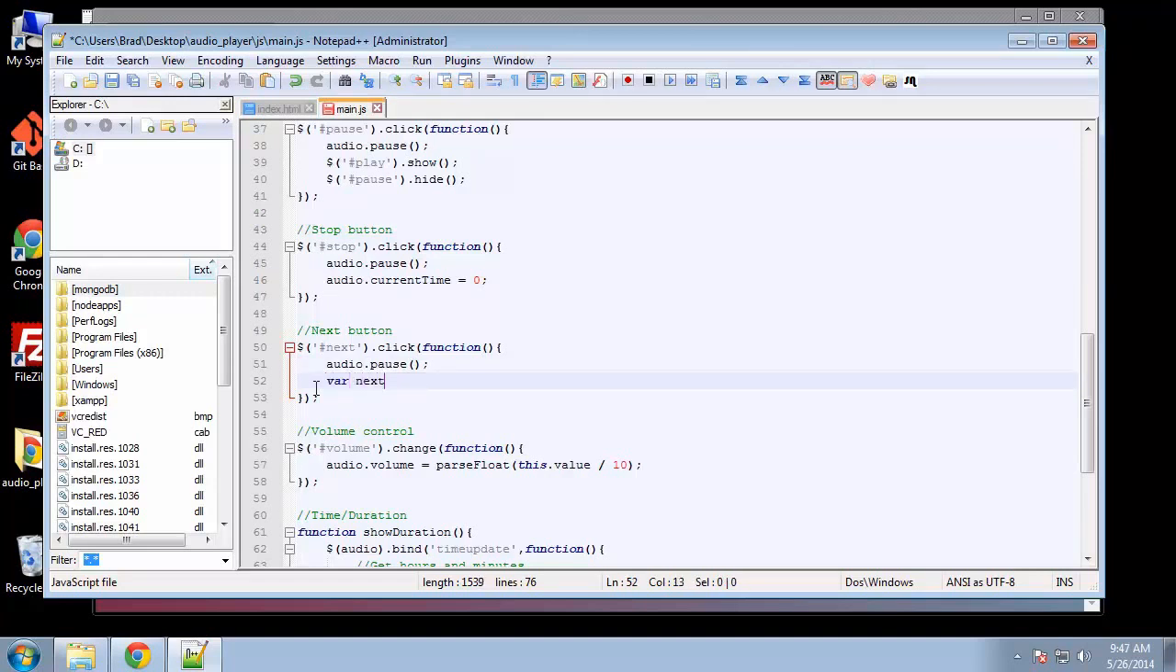We need to create a variable called next. Alright, and that's gonna be equal to jQuery. So in the playlist, we want the list that has the active class, okay, which is basically the song that's playing, and then we want the next, and we can actually use the jQuery next method. Okay, so that'll give us the next song,